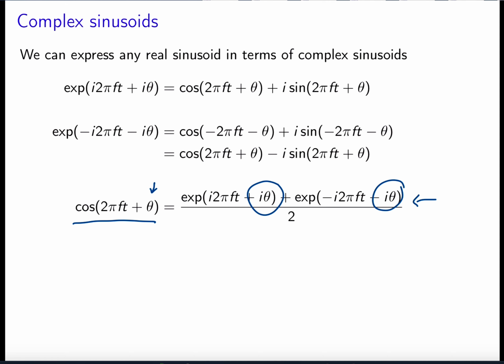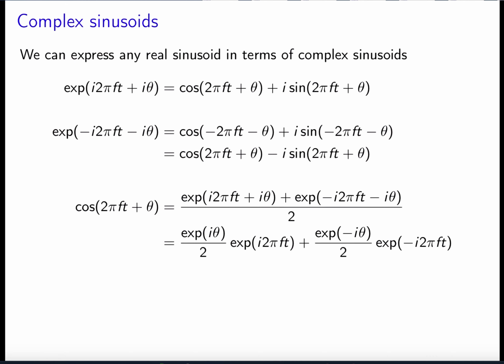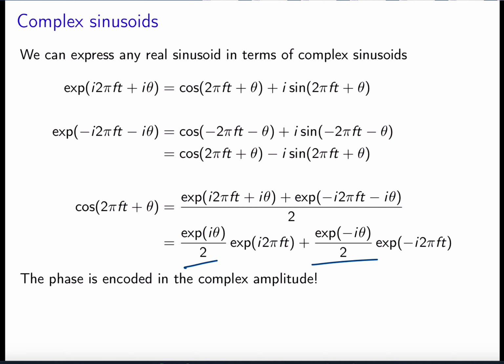What we have gained is that because the exponential of a plus b is just equal to the exponential of a times the exponential of b, the phase comes out as these two multiplicative complex coefficients,